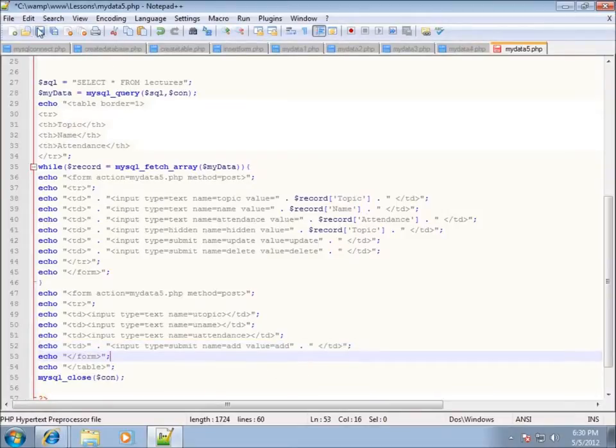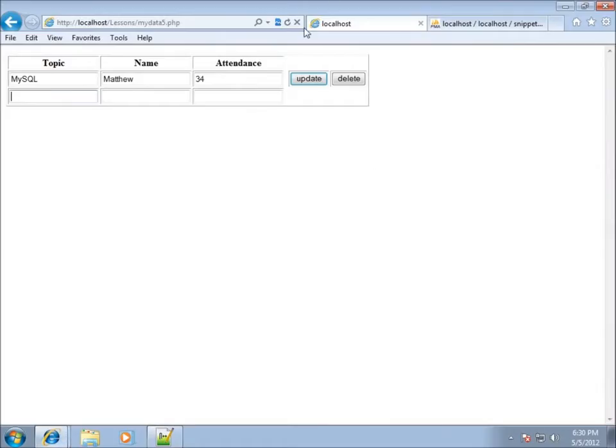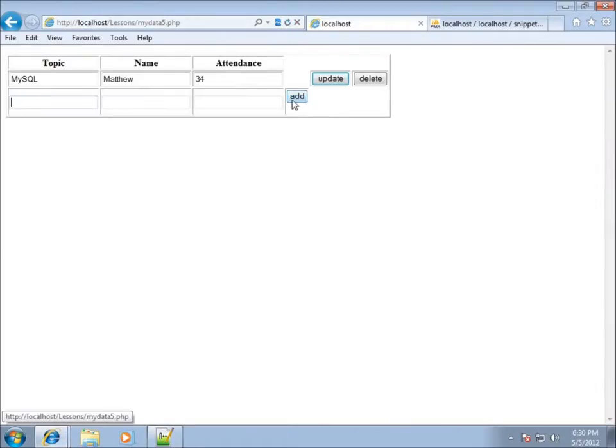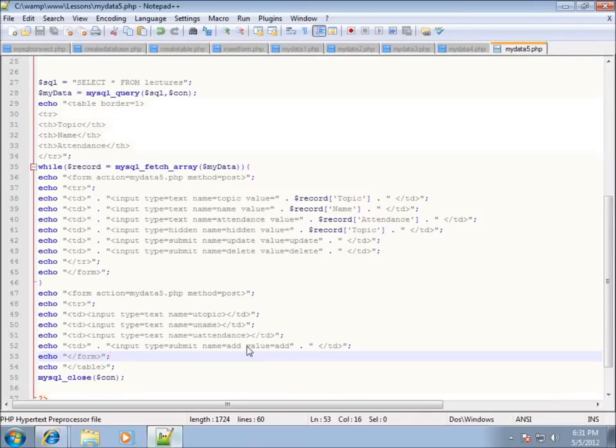So now if I go ahead and save my page and then refresh the web page, I should be able to see, there we go, we have got an add button now that's going to be on my page. And now the formatting isn't the best in my particular page, and that's just because I am not spending a lot of time on the actual formatting. If you know HTML formatting when it comes to tables, you may want to make your table look a little different. So now that I've got that set up here, let's go back to my code